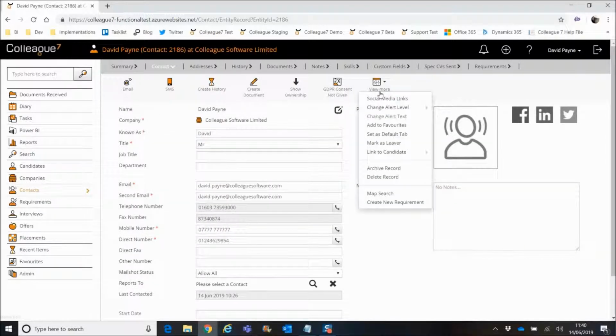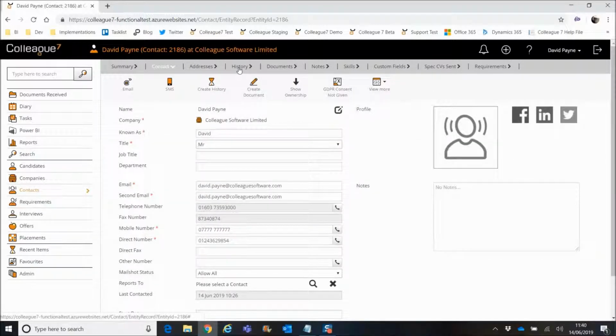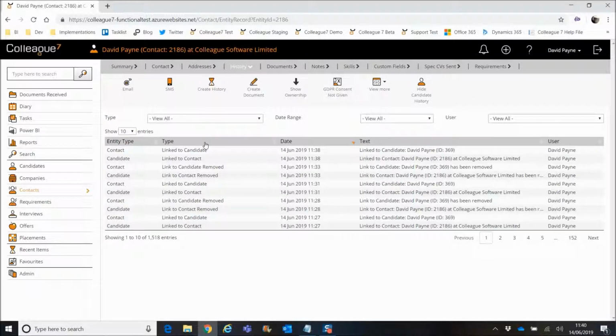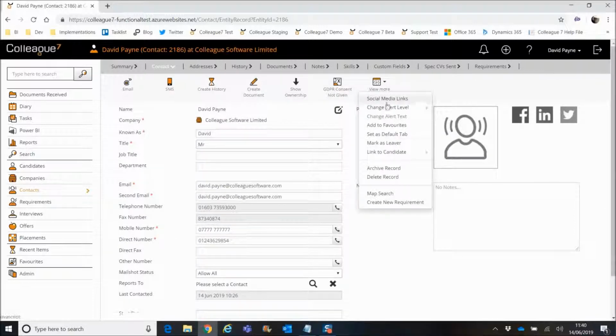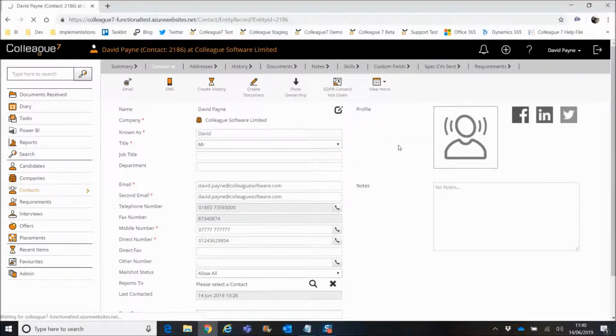So if we go back to the, oh, and also, sorry, I should have mentioned on the history, when you link a candidate to a contact and or vice versa, you'll get a history being generated there, which records that you linked this contact to this candidate and the ID of that candidate, and also the same on the candidate against a contact record. If we go back to the candidate record quickly, just as a final point,